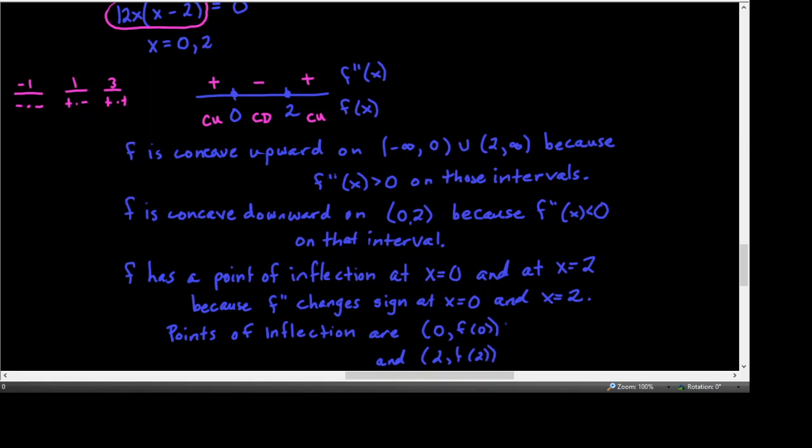So I have to calculate those. So substituting 0 into the original function, 0 to the 4th minus 4 times 0 cubed is 0. And substituting in 2, 2 to the 4th minus 4 times 2 cubed is